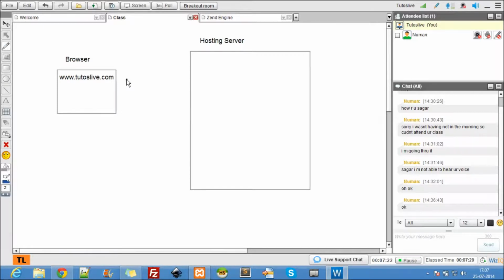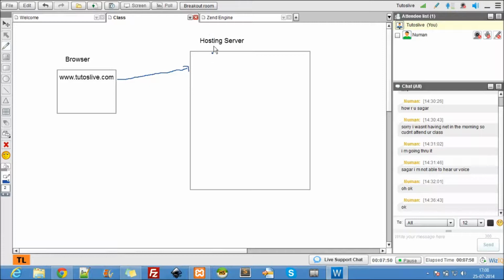So what happens next? It looks for the files. Actually it is an IP address, so I won't be discussing what is a DNS server and how it happens. That's a different subject. But what really happens here, in layman's terms, is it looks for a folder or a place where www.tutoslive.com is residing.